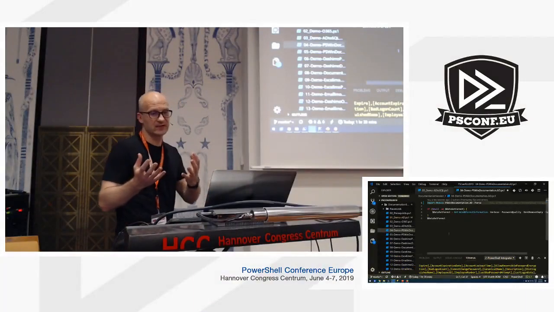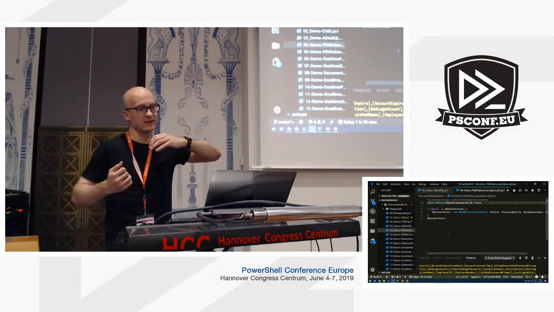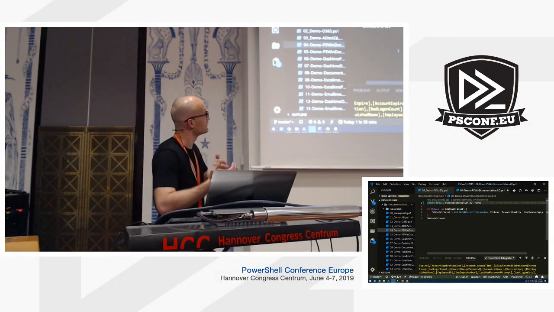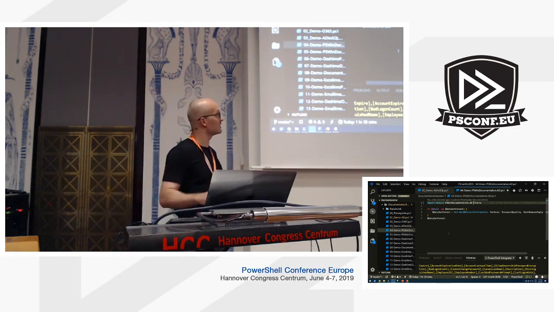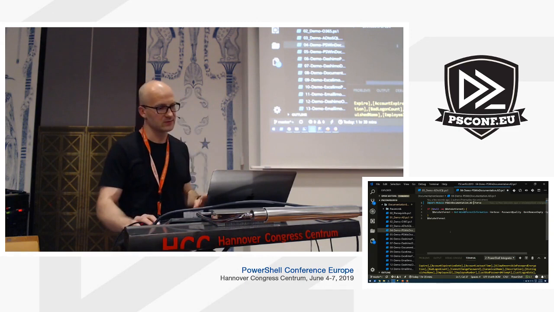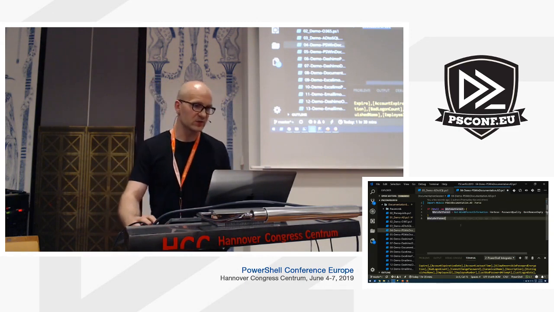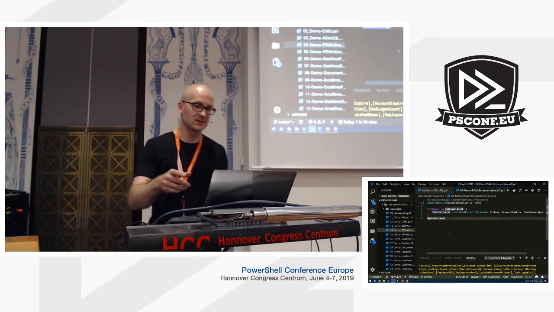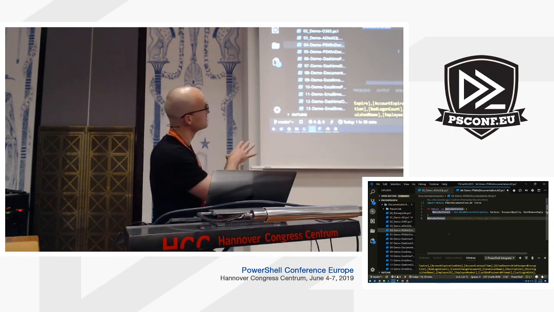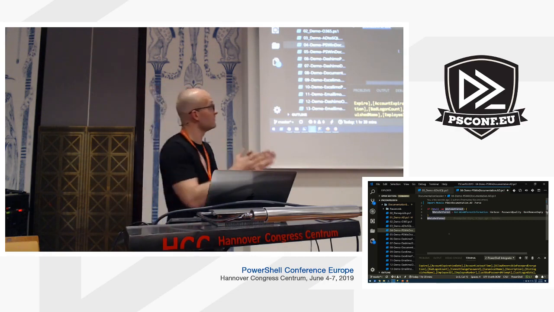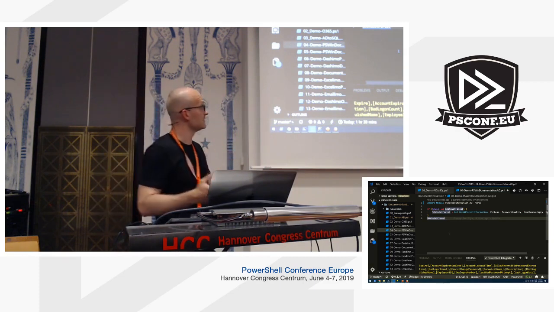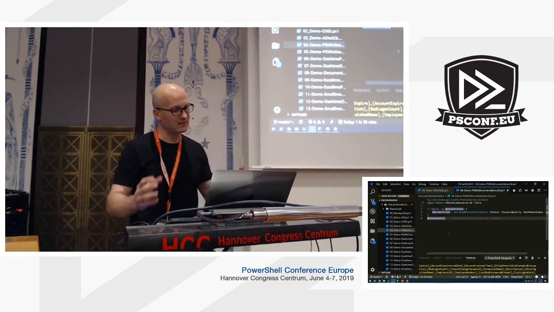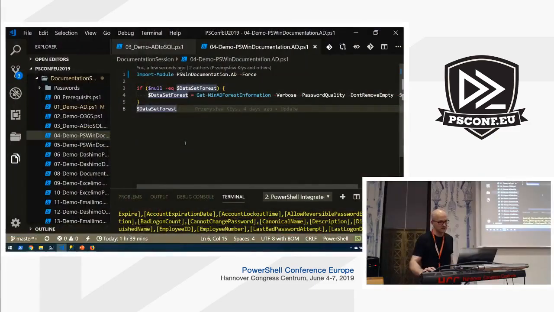I was getting really confused. Which option do I turn on? Which option do I turn off? So the idea was to split out different parts of information. So I have created the PSWin documentation ID module, which is then used by PSWin documentation. So if I update the PSWin documentation ID, you get all that data, whatever happened in it, in the PSWin documentation, the main module. But you can use this